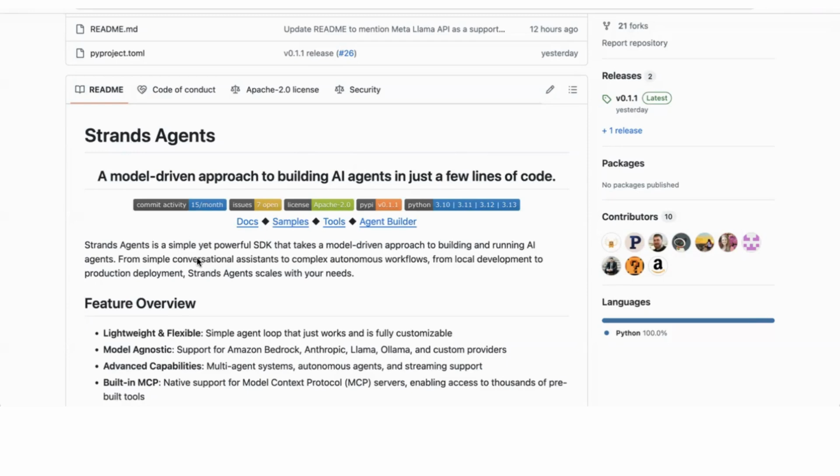I was stuck getting the hello world of Strands to run because of some access issues, and I'm not sure if it is a bug. I reported it, but it may also be a result of my ignorance. I'll tell you why I got stuck and how I got around it. But it looks like an agent orchestrator, and